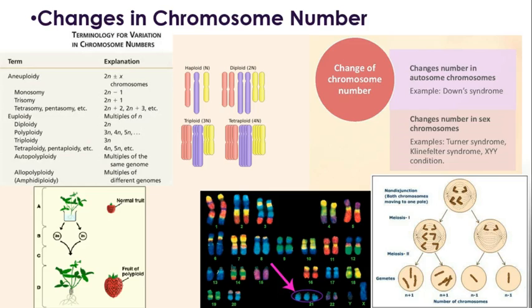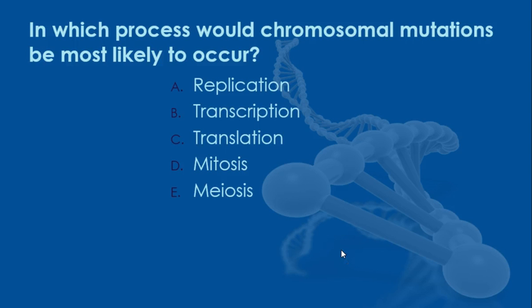Okay, so in which process would chromosomal mutations be most likely to occur? Replication, transcription, translation, mitosis, or meiosis? Replication is going to be point mutations. That's where you're going to have that. Okay, transcription and translation, they're just going to do whatever they've been given from the DNA. Okay, I mean, you could get some issues there, and that definitely happens, but not in what we're talking about. Mitosis is where